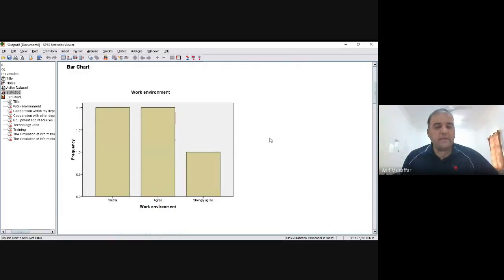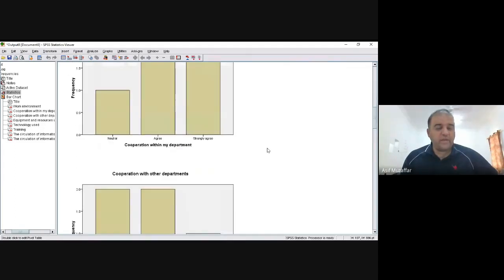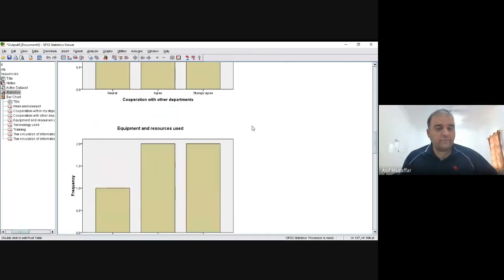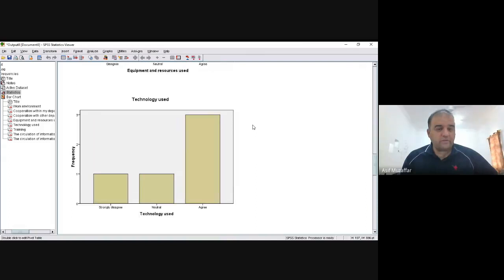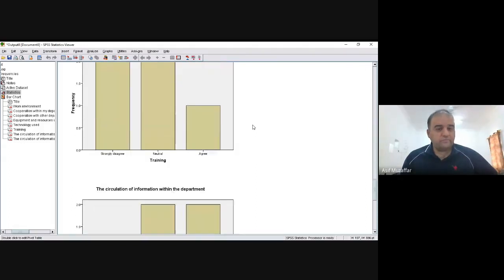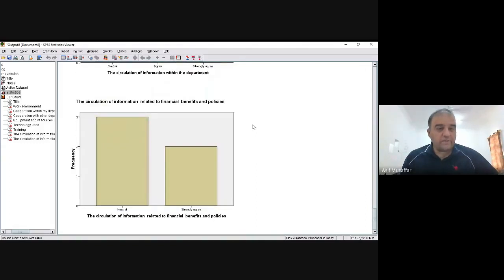And you can see their bar charts, and you can see no numbers are coming. The labels are coming: neutral, agree, strongly agree, or disagree, whatever it is, for all the questions. These are descriptive statistics because I can just describe it. For example, the information is circulated on the financial benefits and policies. 3 of the people who responded to my questionnaire were neutral.